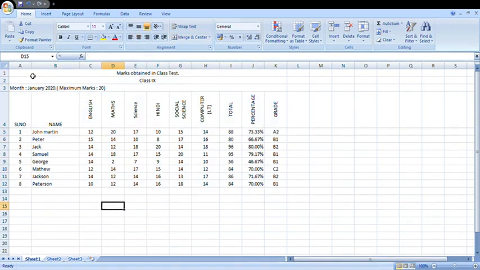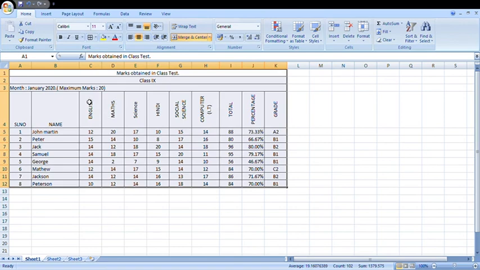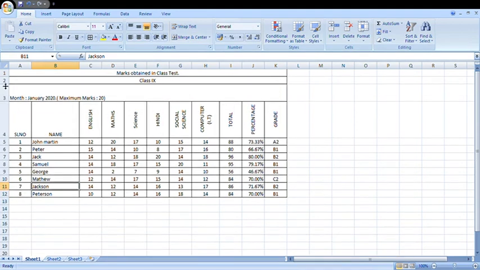How to give the border? You have to select your worksheet, go to the bottom border, click here and go to all borders. Got it?